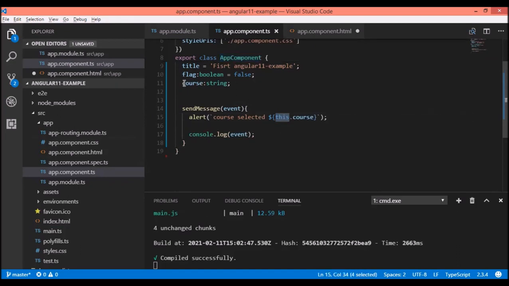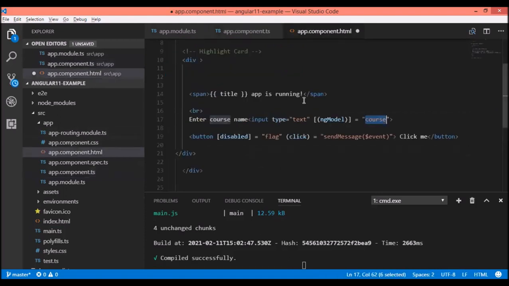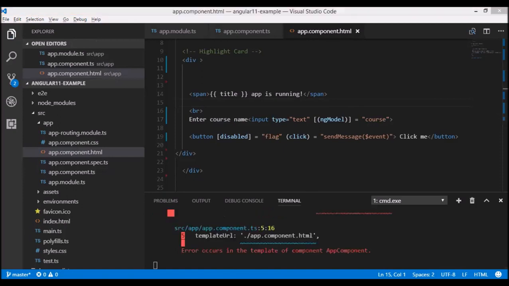Because it is referring to this particular variable of the class. This refers to the current object. So it will refer to the course property of the current object on which I have invoked this method. So whatever value I write, it would be displayed over here.